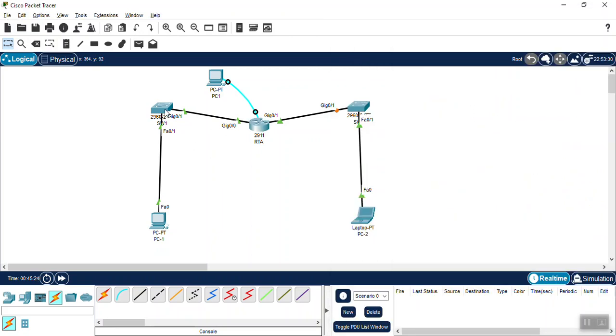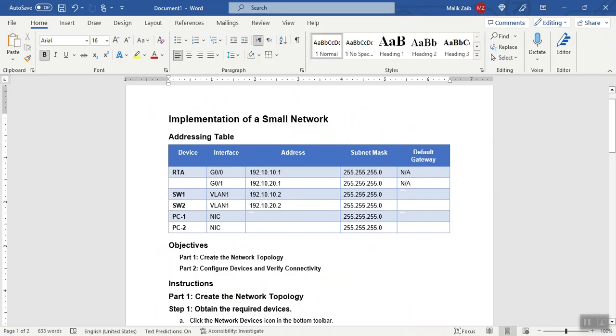Go to the switch, and you have to configure here, as it is given in the lab manual, the VLANs. So VLAN 1 has the IP for management purpose, as we cannot configure the IP address on a layer 2 switch. So we are configuring the IP address on VLAN. VLAN 1 is the default VLAN.